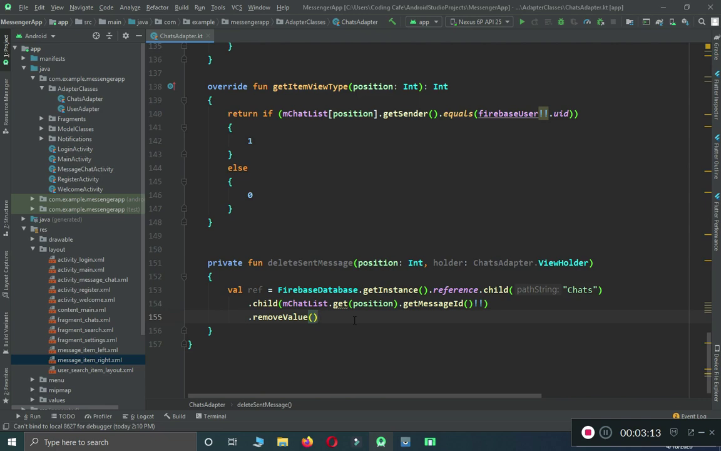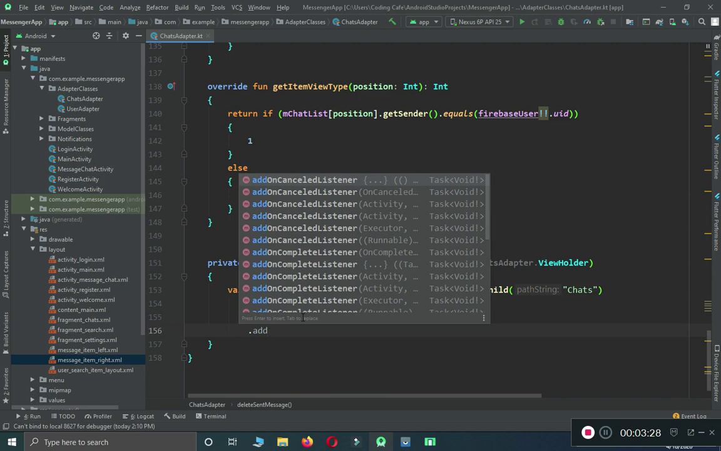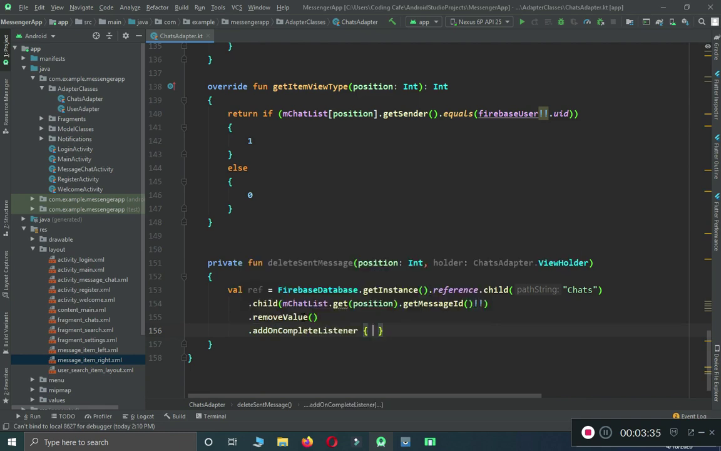delete. And if you want, you can obviously add on complete listener on it, just to add a toast message, but I think this is not a good choice. I mean, to add a toast message on deleting the message. But if you want, I mean, just for the learning purposes, you can add on complete listener just like this. Okay, and then we can say that if the task is successful,